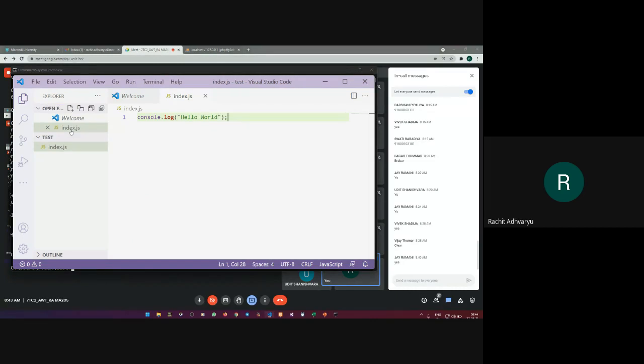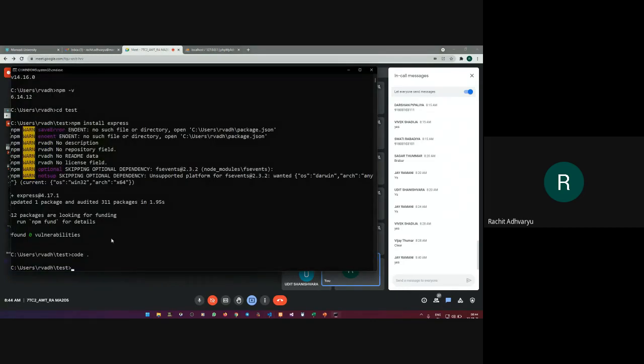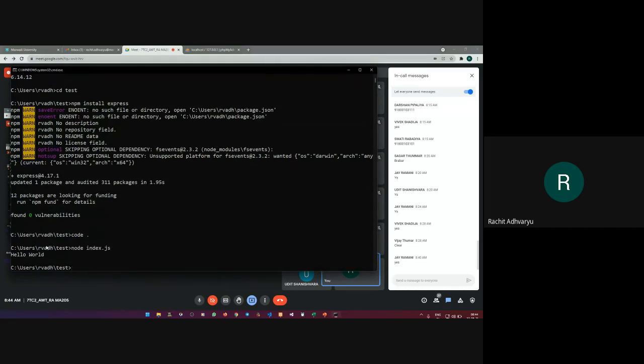Now I will go to my command prompt and say node index.js. You can see hello world has been printed. So this is how you start working with your Node.js program.